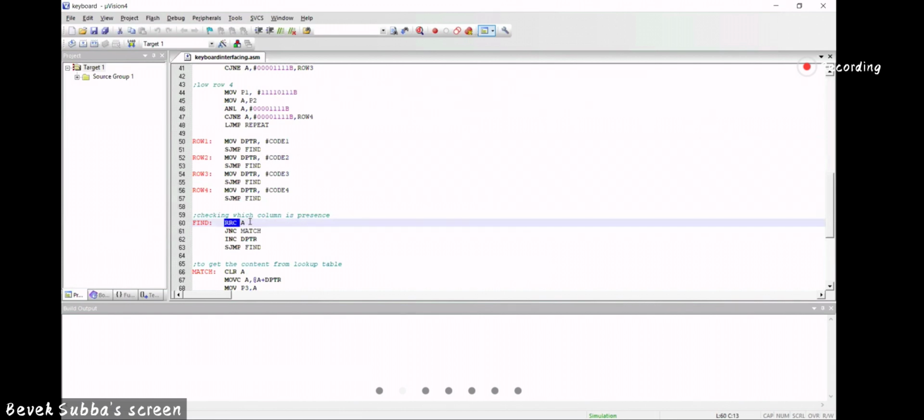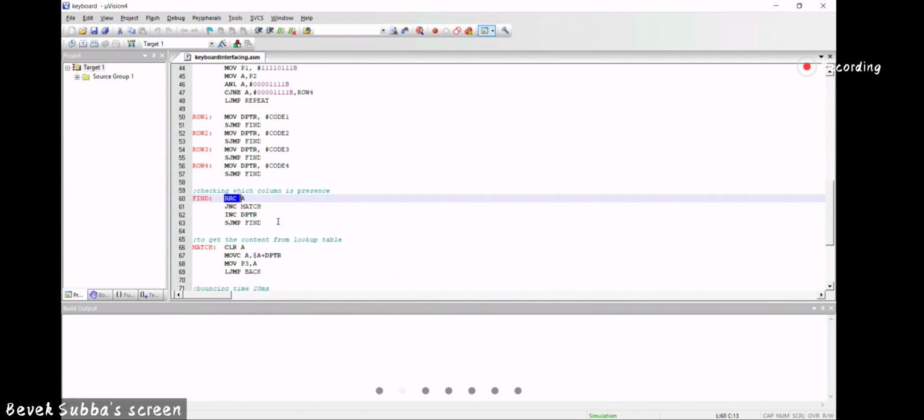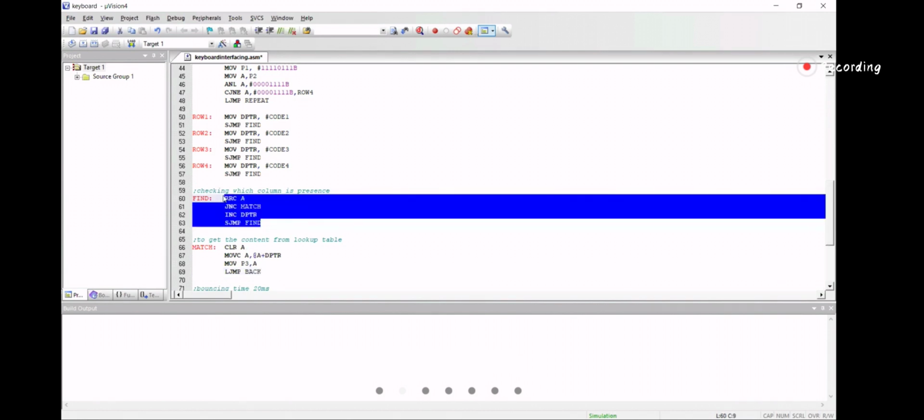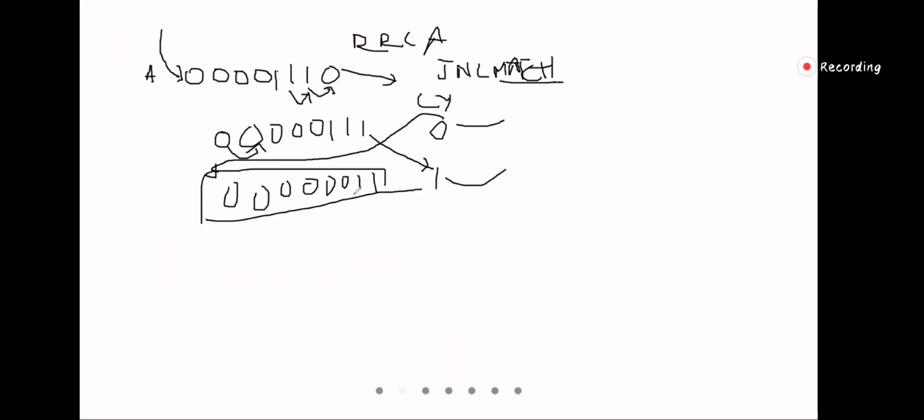For the column, that wrote RRC. And for the content of the lookup table, we'll do this part. This part I don't have to explain to you because this is indirect index addressing. This part is the one which you might find a little confusing. This one I have explained to you, right? That time this value will be your column value. This particular value will be your column value.